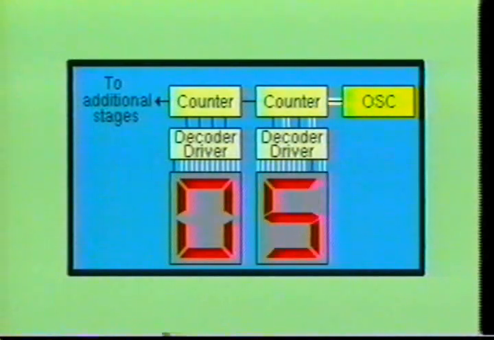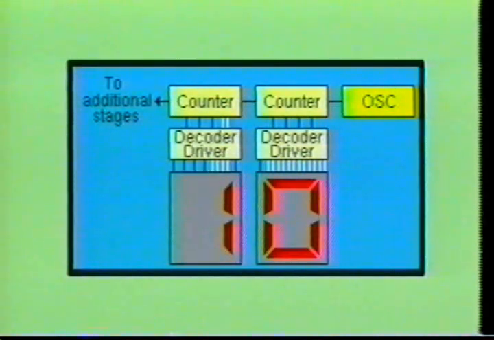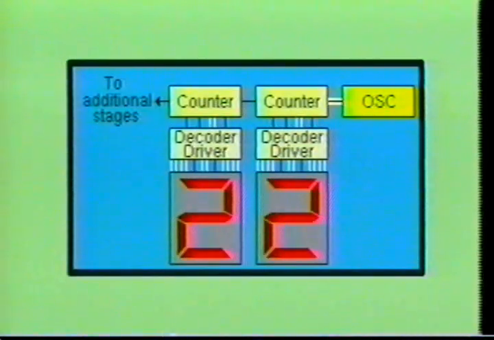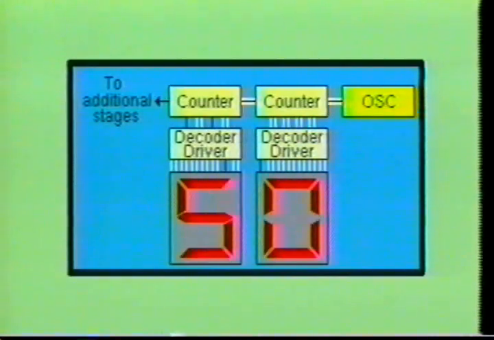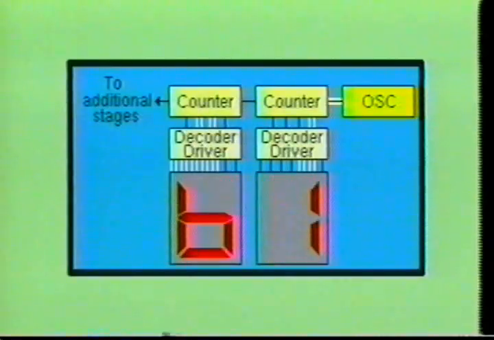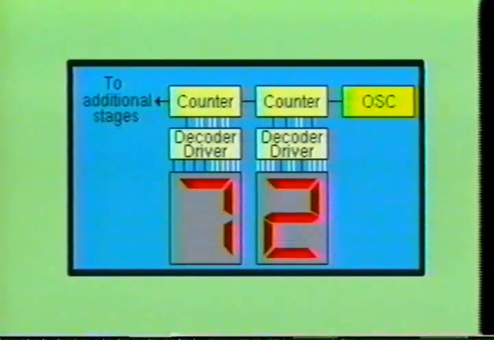A circuit capable of counting higher than 9 may be designed by cascading a series of counter decoder driver ICs to any given length desired. In this simple circuit shown, the 50 kHz oscillator is fed into a divide by 50,000 counter. The 1-second pulses are then fed into a divide by 10 counter. The divide by 10 counter outputs a BCD code into a decoder driver IC, which is also used to drive